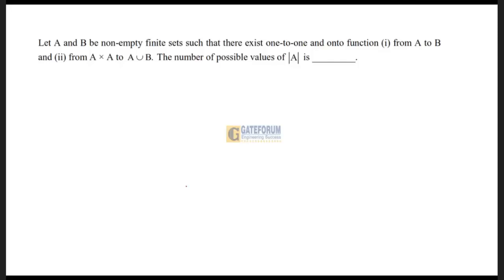The following question was asked from functions, and it was asked for 1 mark. Let A and B be non-empty finite sets such that there exist one-to-one and onto functions from A to B and from A cross A to A union B. The number of possible values of